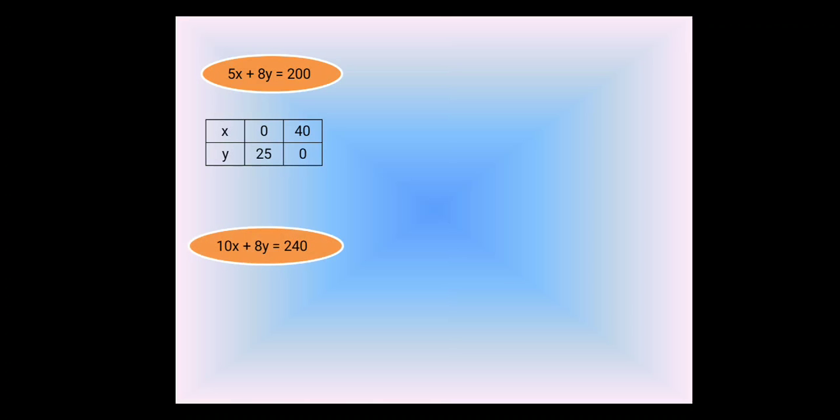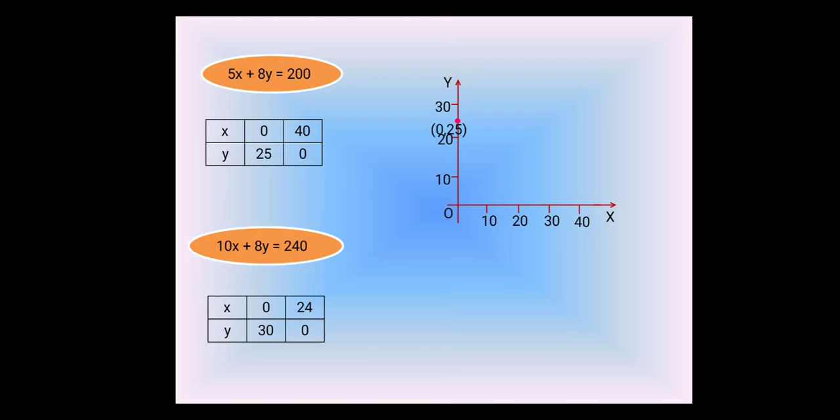Consider first equality: 5x + 8y = 200. Points are (0, 25) and the next point is (40, 0). And let us consider the second equality: 10x + 8y = 240. Points are (0, 30) and (24, 0). Plotting the graph,